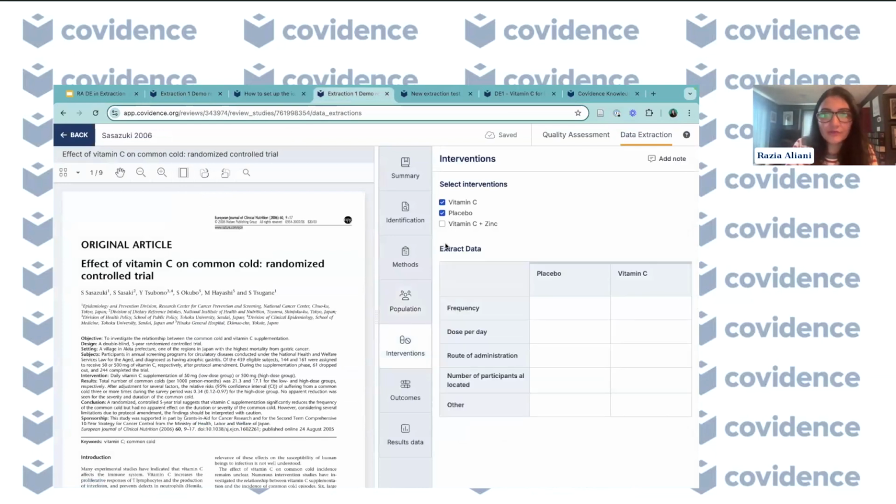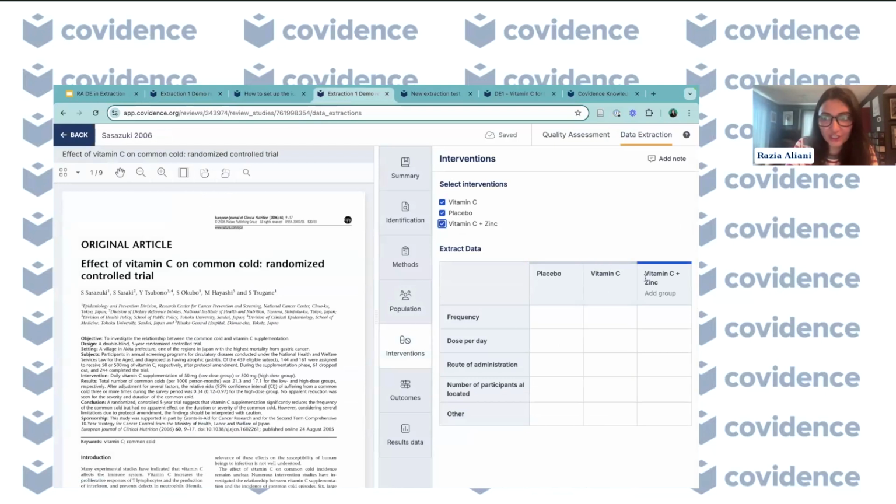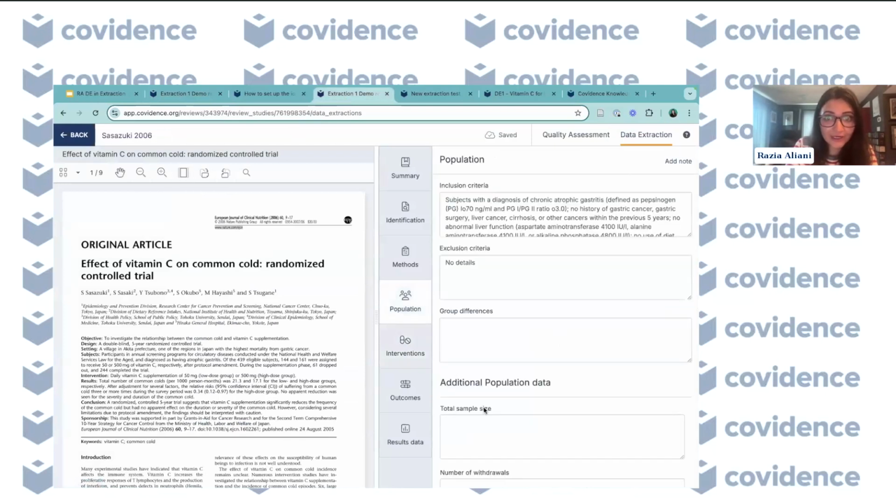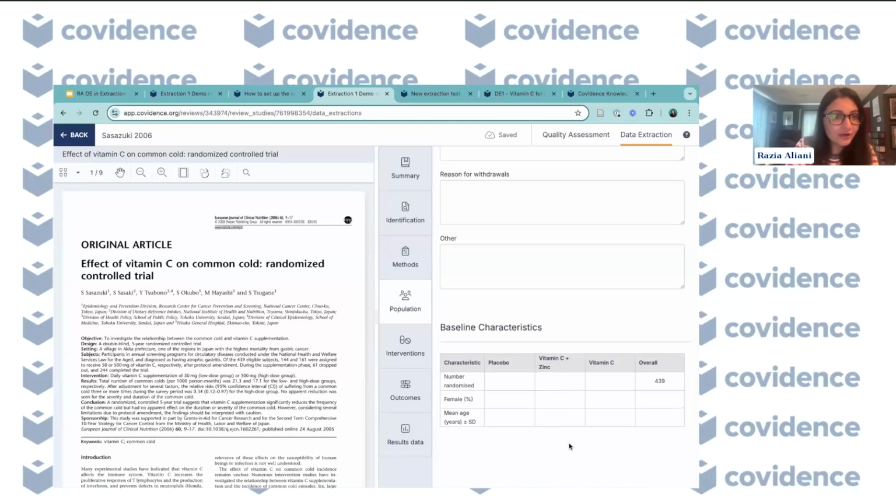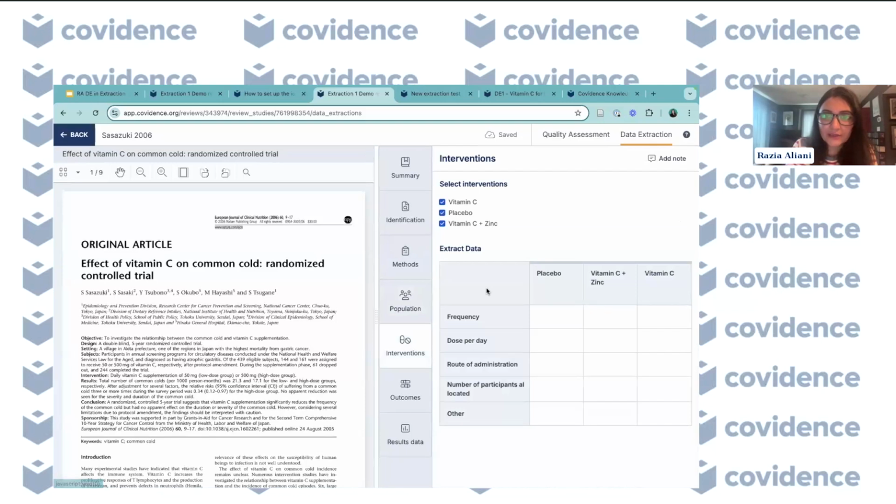For example, here you see placebo and vitamin C, these are two columns. When I check here, you'll see another column appear. Similarly, here you'll see another column appear, so that you can extract the information for that intervention arm. Coming towards the actual intervention at study level, you can use the checkbox